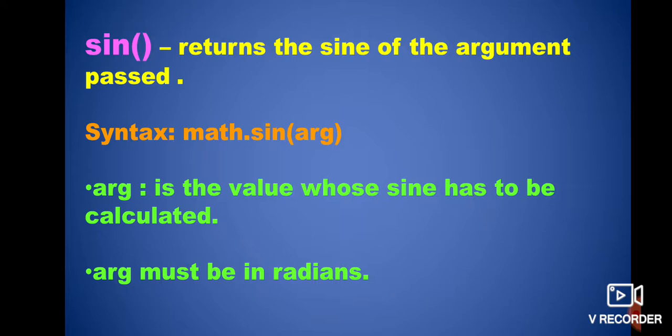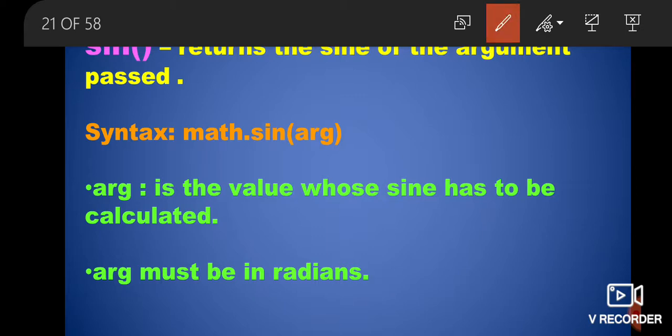We have to simply provide the argument, and this argument must be in terms of radians. देखिए, हम जो नॉर्मली साइन, कॉस और टैन के साथ वर्क करते हैं, हम उसमें डिग्रीज में काम करते हैं, ठीक है। लेकिन इस फंक्शन को आर्ग्यूमेंट की वैल्यू रेडियंस में चाहिए। क्लियर? It wants the value in terms of radians, so I will have to first convert that degree into radians and then I will be able to get the answer. Clear? So if you provide the proper value in terms of radians, then you get the proper answer as expected.